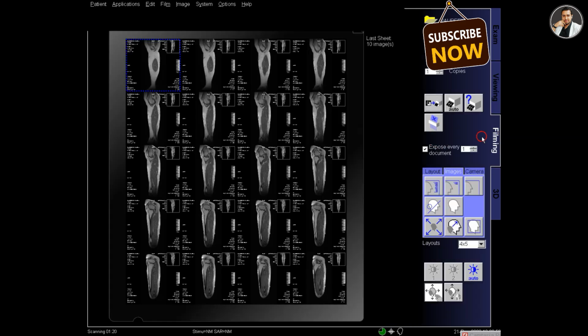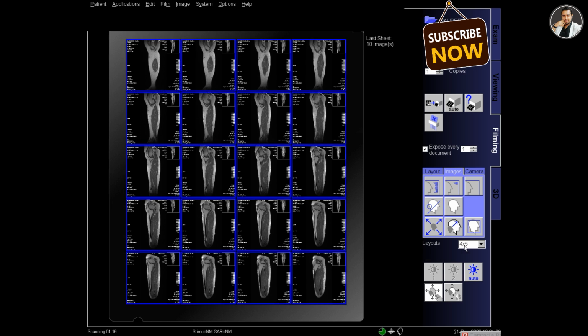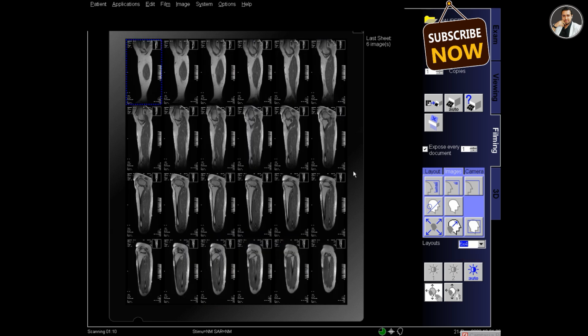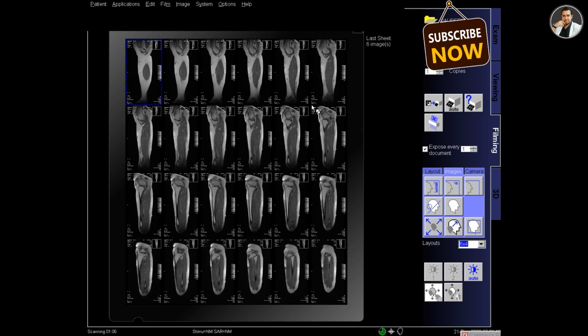Select the series and send it to the filming, and go to filming and select the folder and change the layout to 6:4 so that the segments are long enough to fit the whole leg.